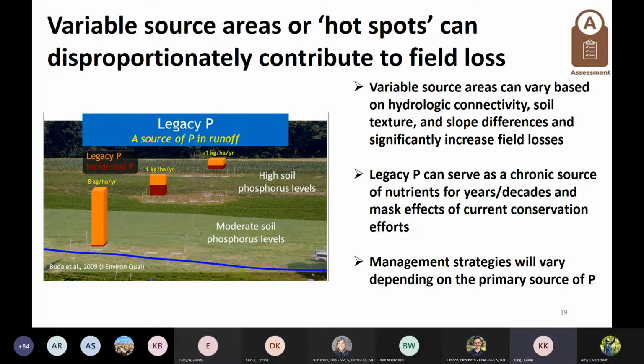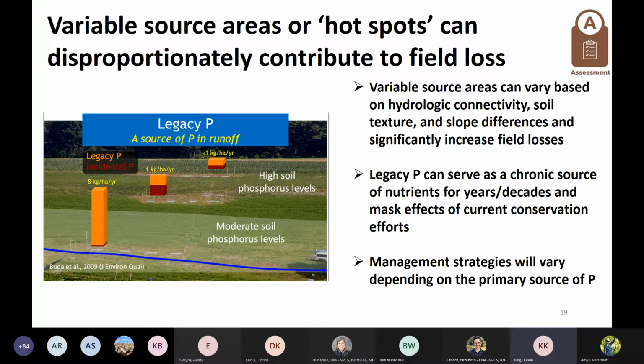Another assessment topic is variable source areas. Variable source areas, or hotspots, if hydrologically connected, can disproportionately contribute to field loss. These variable source areas, or hotspots, are often characterized by nutrient concentrations that far exceed agronomic levels. They are often referred to as legacy sites and may be reflective of old animal barns or feedlots that have